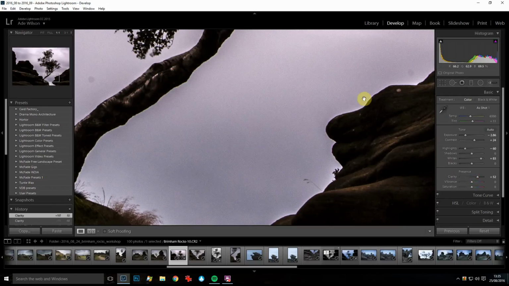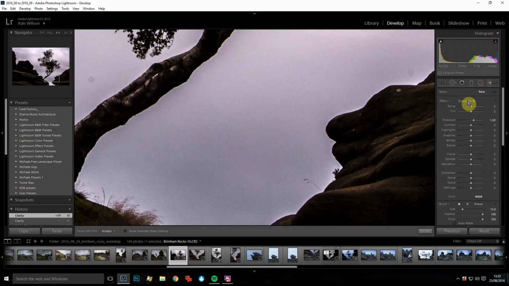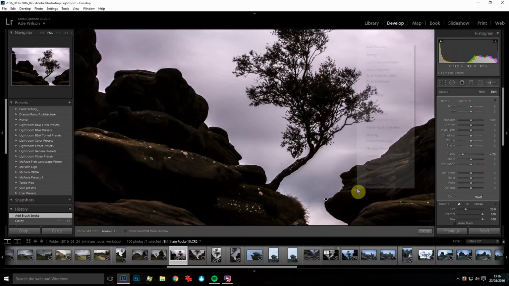Now what you can do to get rid of that is, if I get the brush tool, which is this thing here, go to clarity and go to maybe minus 50 or 60 and just draw around the edge. It sort of fixes it, although it can leave it a little bit dirty, as you can see there. So do a fairly big brush, and where it says feather, have it quite high, and then just draw around the edge like that. And with a little look, you'll get away with no halos,